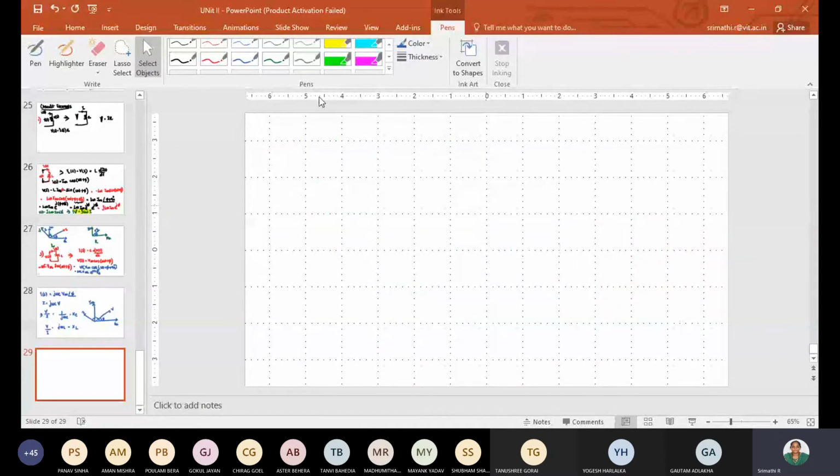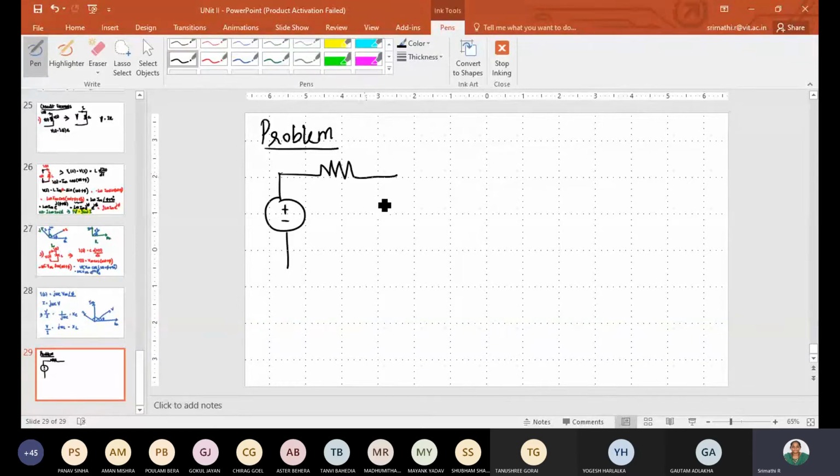Shall we solve one problem? In the same way, in the AC circuit, as in DC circuits, you go ahead with nodal analysis and mesh analysis to solve your problem. The only thing is you will have the j component and omega component, which will be troublesome. The concept is the same. You should not get scared by seeing C and L.